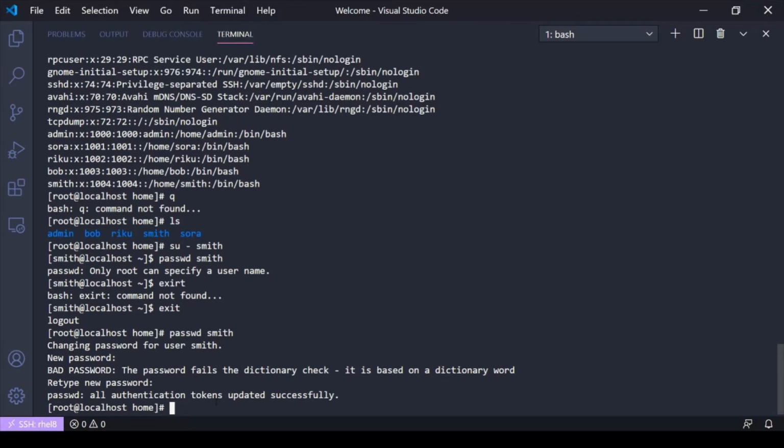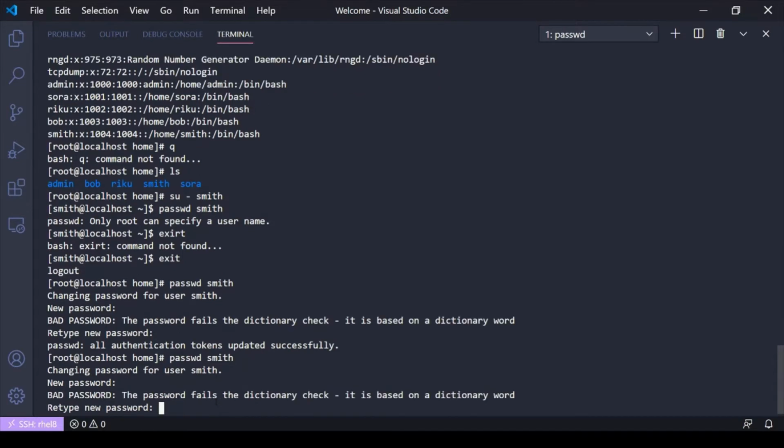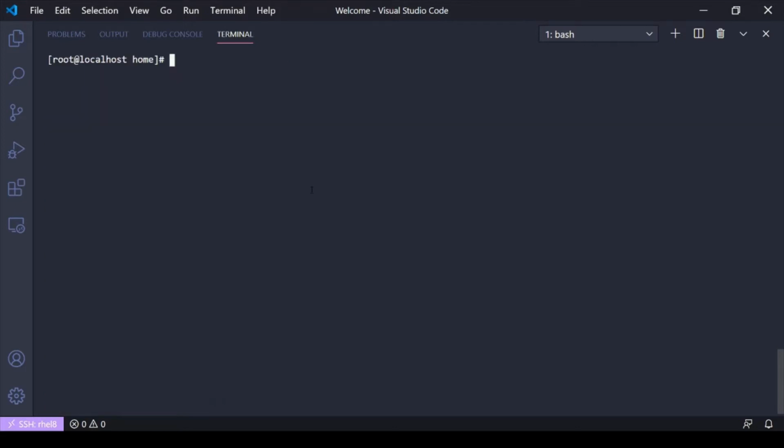If I wanted to change Smith's password, it's as easy as, again, doing the passwd and then the username. So to set a new password and change a password is the same passwd command. So we'll do password1. Obviously, it's a bad password. And the authentication tokens have been updated successfully. So now that I've created the user Smith and created his home directory, and I've set his password,